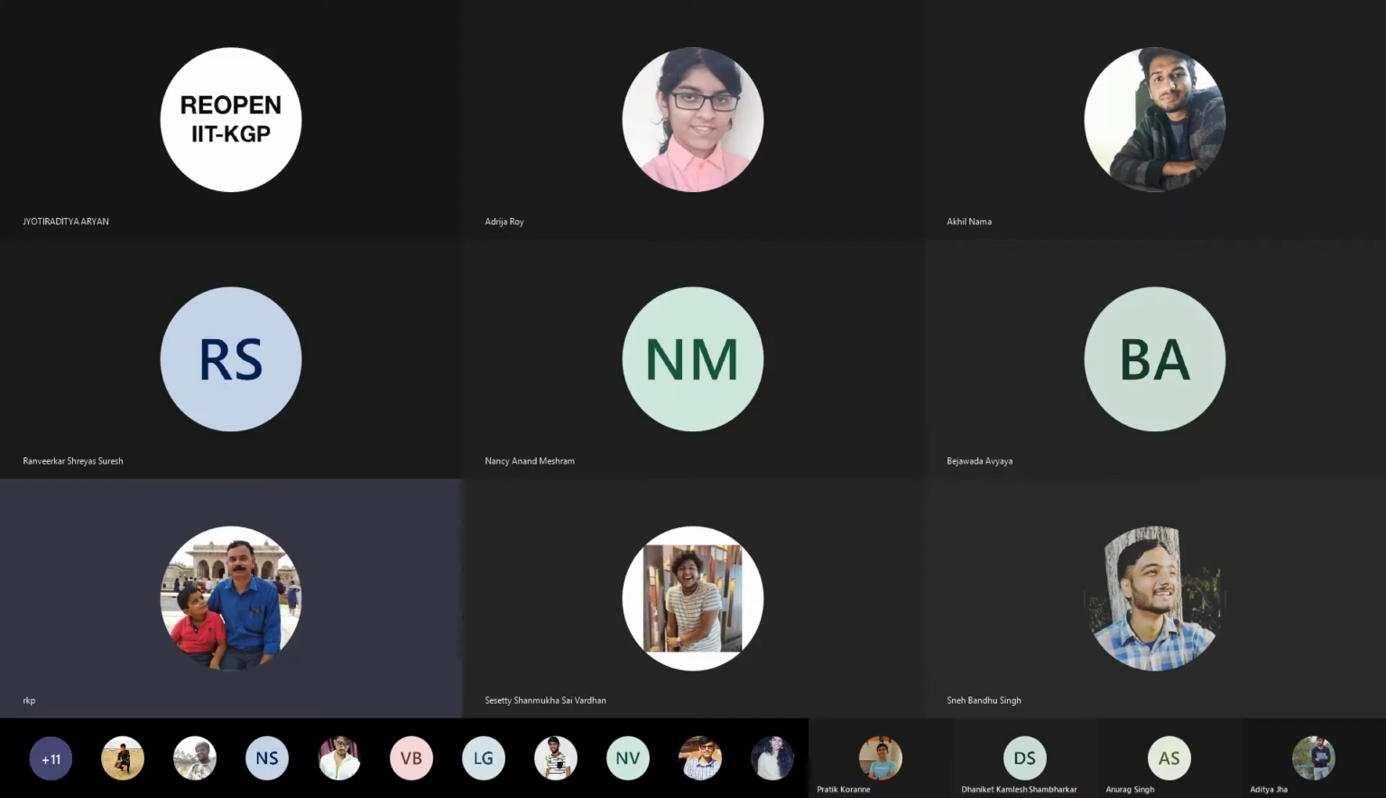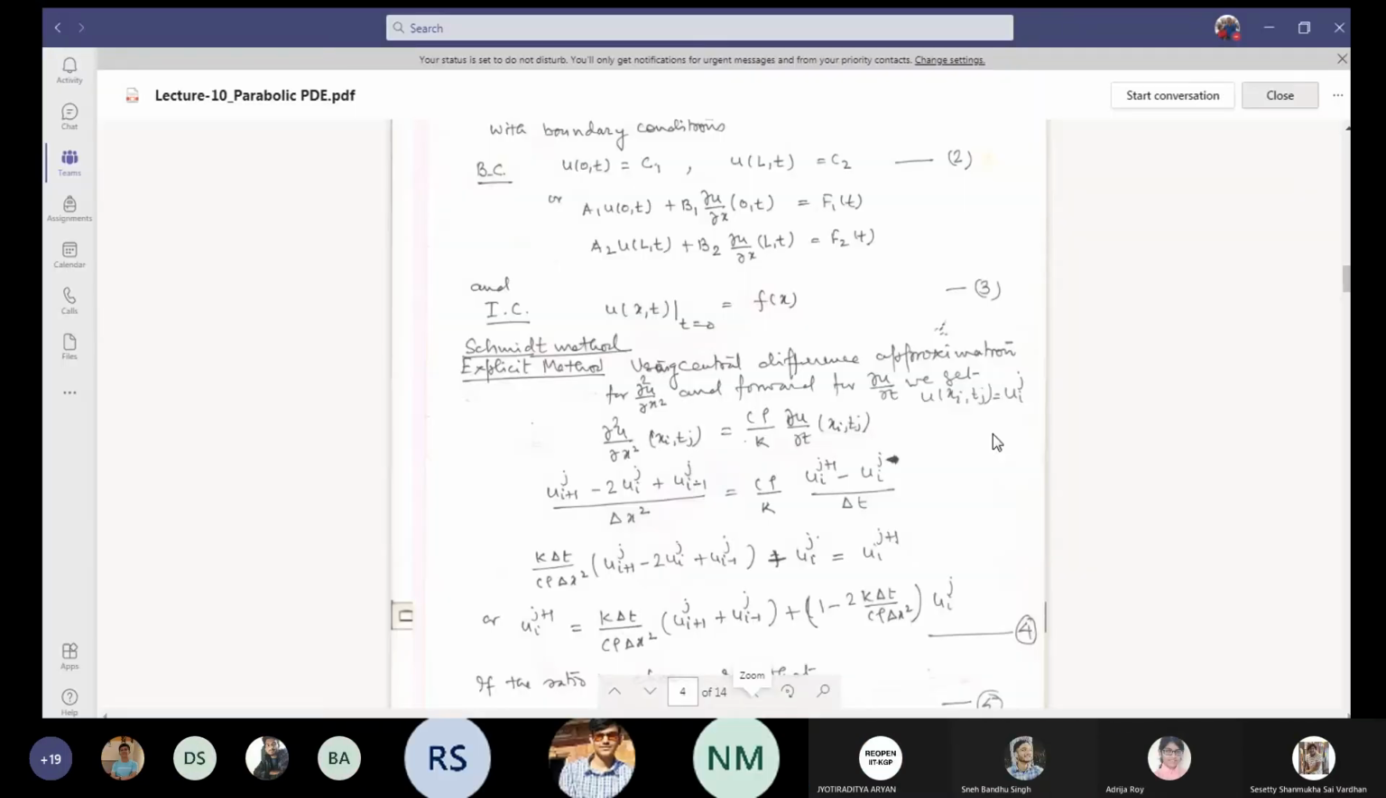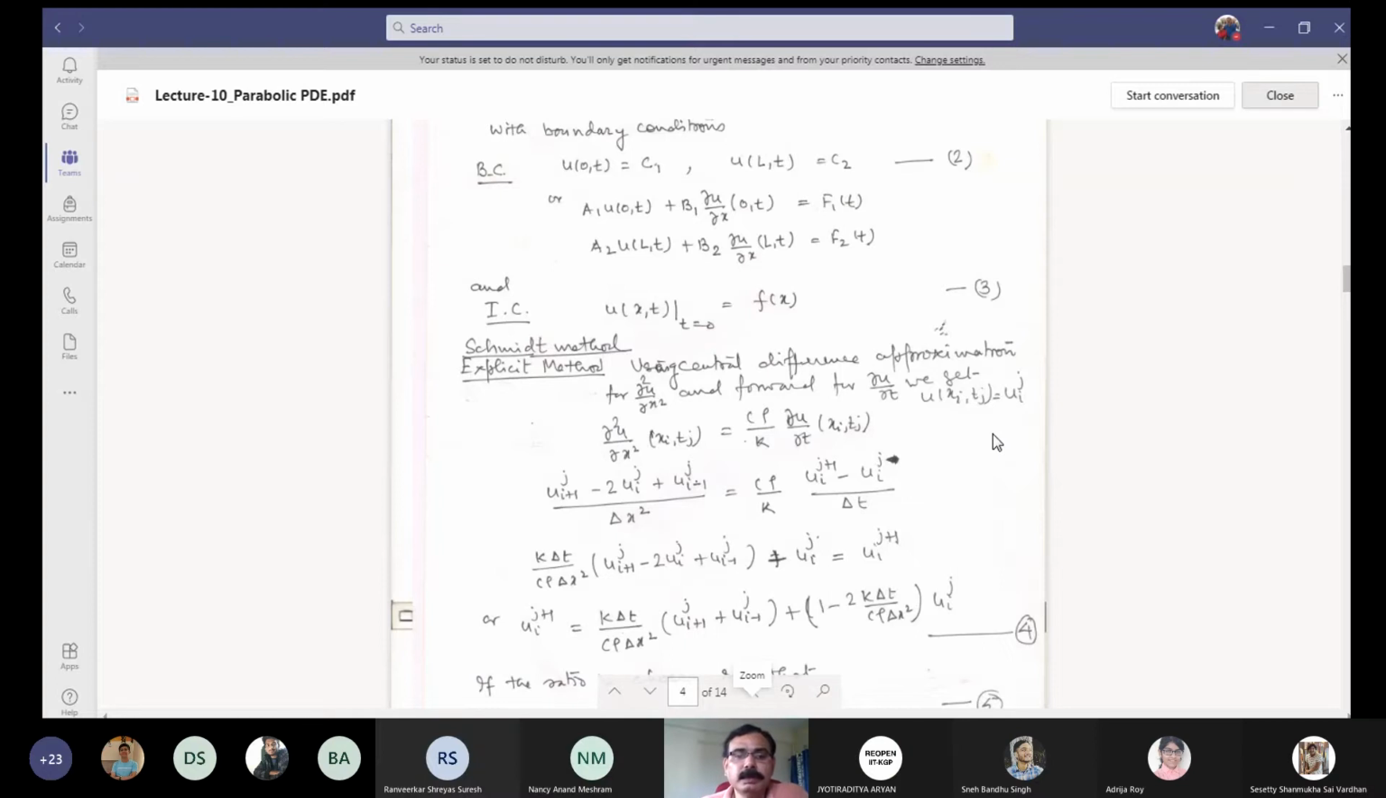So explicit method, that is Schmidt method, I have already told on the last turn that you have to use your central difference approximation for del square u by del x square and forward one for your del u by del t. If you use the backward one for del u by del t, this is another method. Let me tell you here itself briefly. That will be your